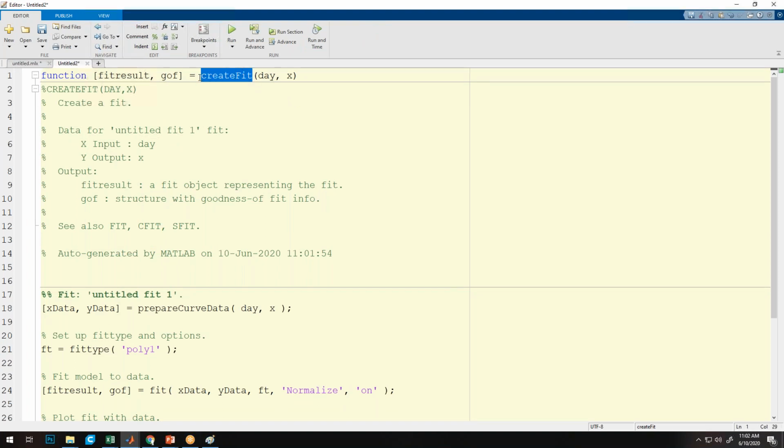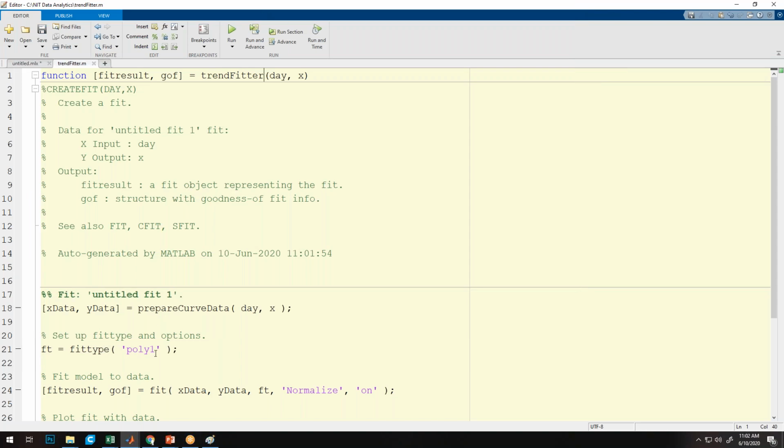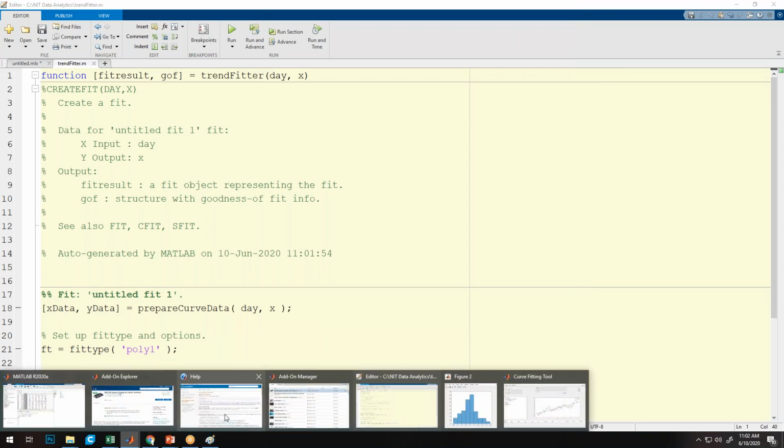So first, again, we will change the function name so as to be a user-friendly function name. So this is a kind of a trend fitter. I'll give it the name trend fitter, so that I'll come to know that it has been developed from the curve fitting toolbox, and it tells the long-term trend, and save it into my data analytics folder. And now, if I call this function in my live script,